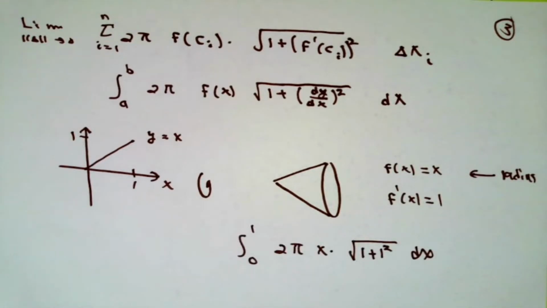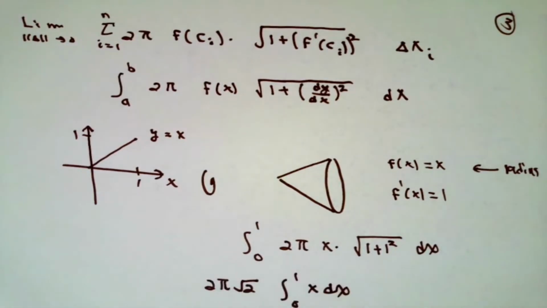Since the derivative of f is a constant at 1, the quantity underneath the radical sign is particularly nice. It's 1 plus 1 squared. I'm going to have a factor of square root of 2. Also, I have a constant factor of 2 pi. By this point, it should be clear that the integral from 0 to 1 of x with respect to x